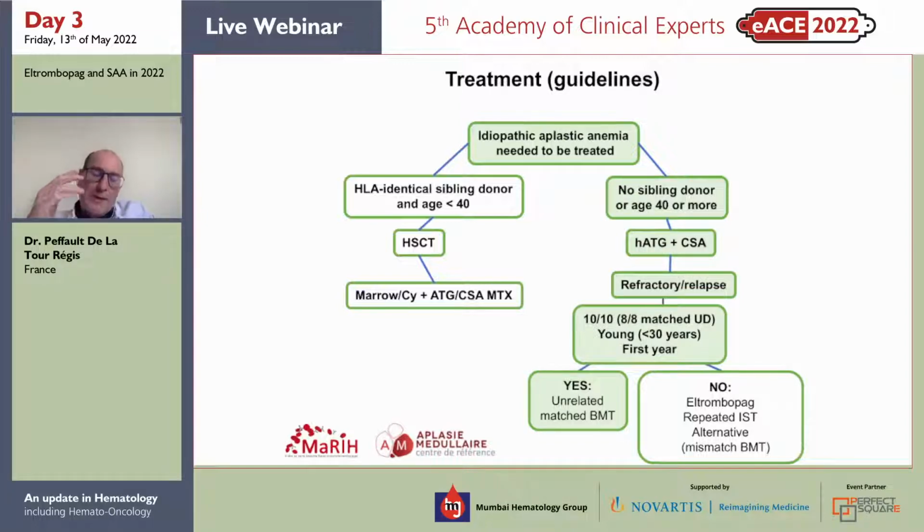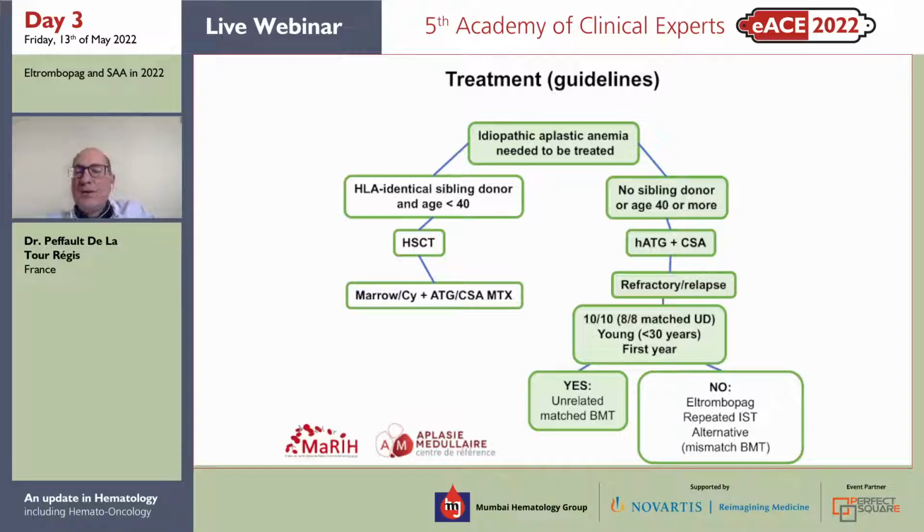So you have to do a marrow sampling again. This is most of the time at 6 months after the beginning of immunosuppression. And of course, to check morphology and cytogenetics in those patients to be sure that they are not already at a stage of clonal evolution that would probably motivate transplantation straightforward and not another immunosuppressive treatment.